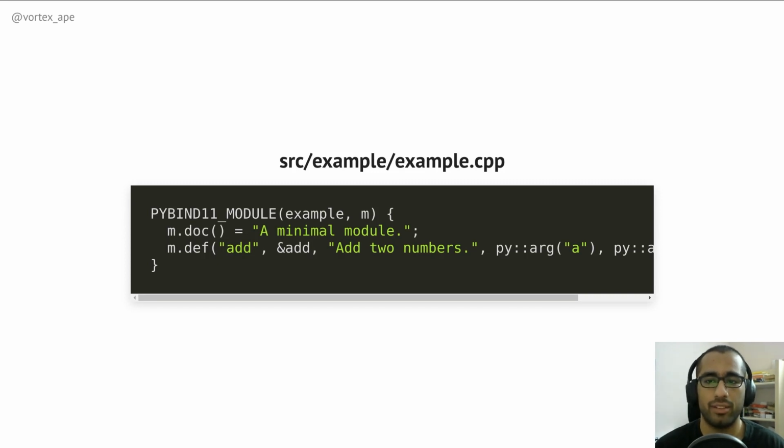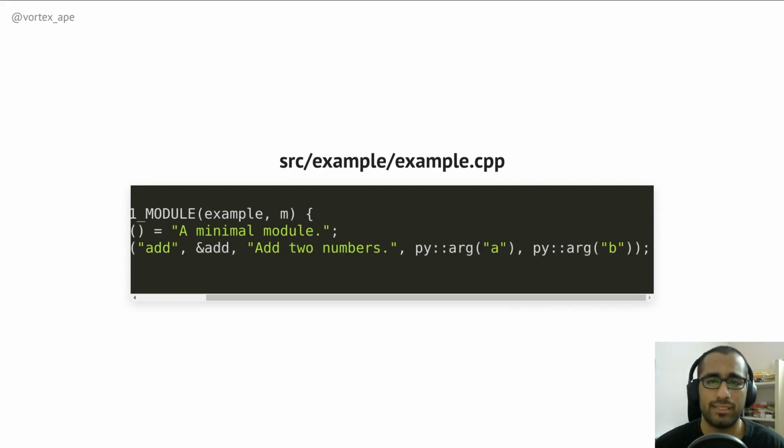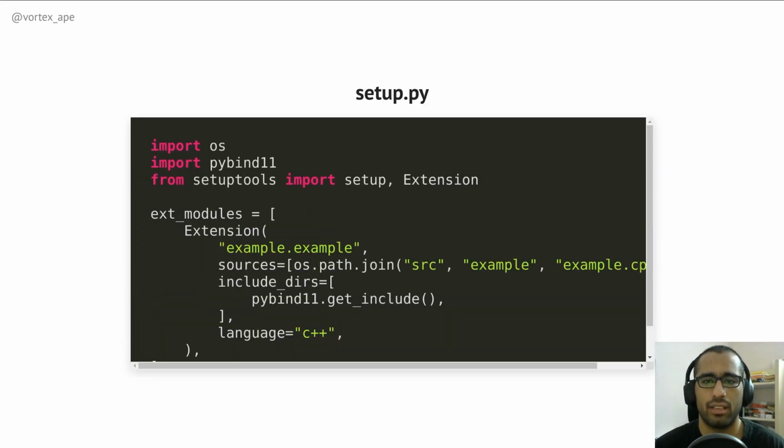We pass in the module name as the first parameter. The second parameter m defines a PyBind11 variable, which we can then use as the main interface to bind our C++ functions. We then define the module docstring with m.doc and add all the C++ functions we want to use as Python callables with m.def. The first argument should be the name of the Python callable. Second argument should be a reference to our C++ function. Third argument should be the function docstring. And then the rest of the arguments should be the parameters that our Python function accepts. And that's most of our extension code with PyBind11.